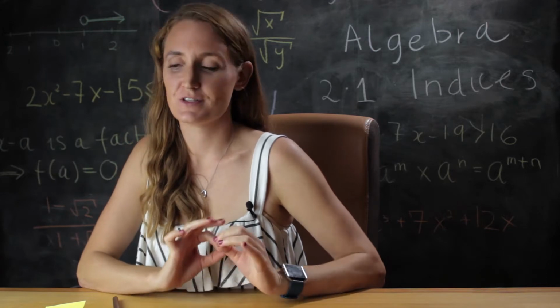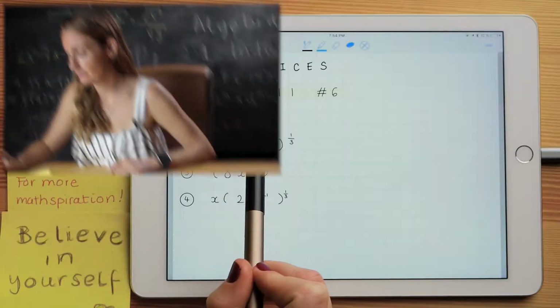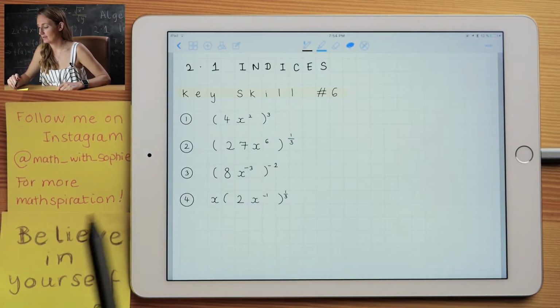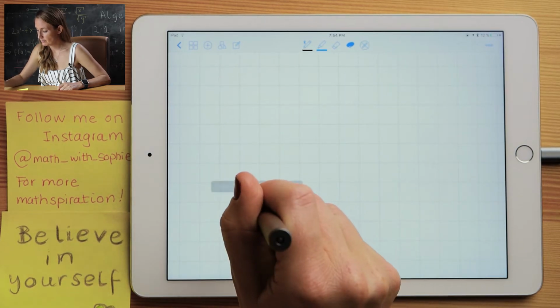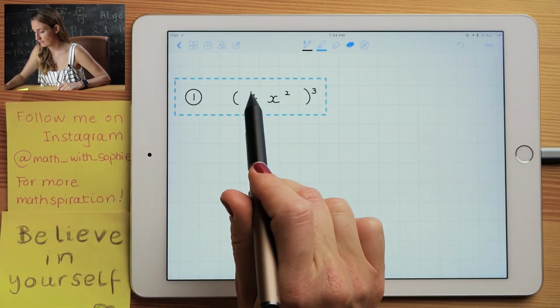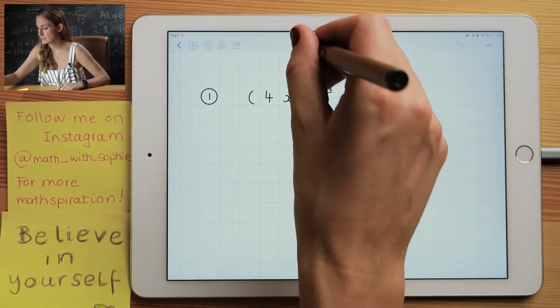Sixth part of our series on indices, and we're going to be looking at brackets today. How to deal with these guys. A little bit tricky. Let's begin. The most common mistake with brackets, and I really see this a lot, even from seasoned mathematicians, is that they